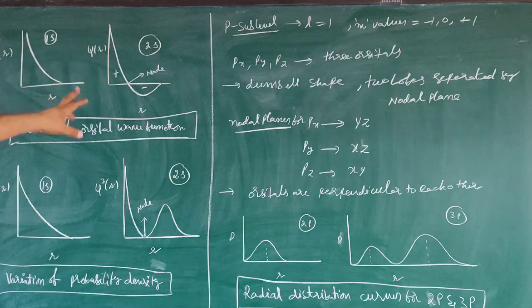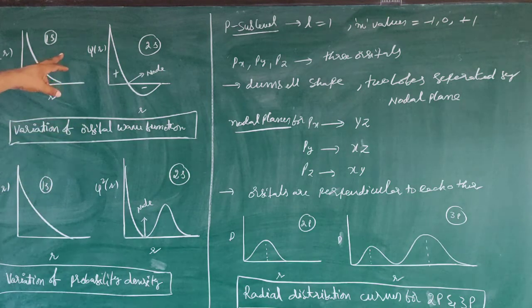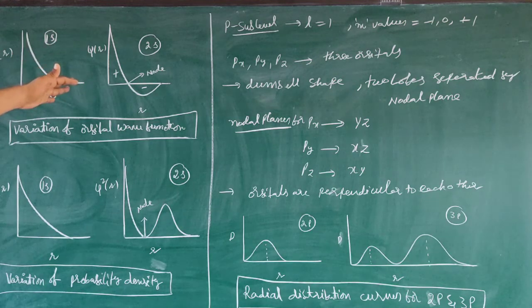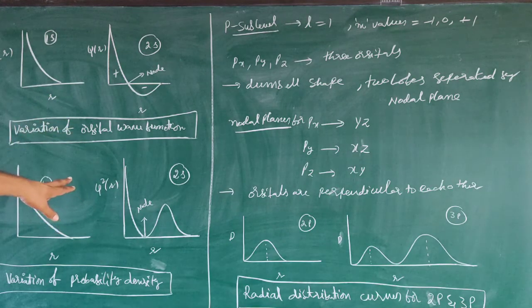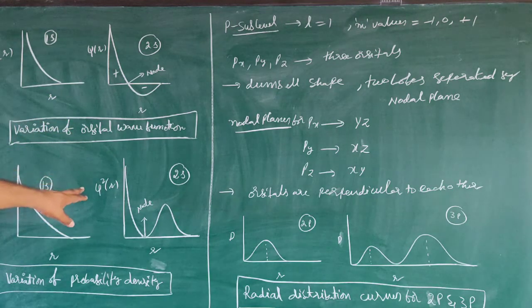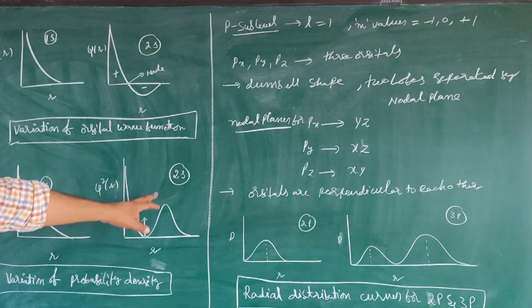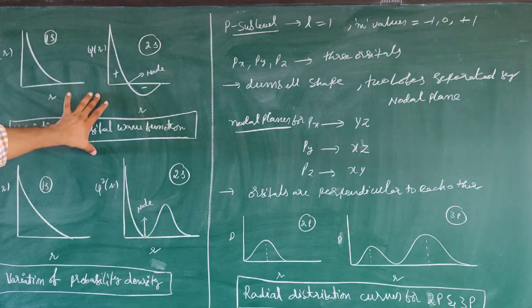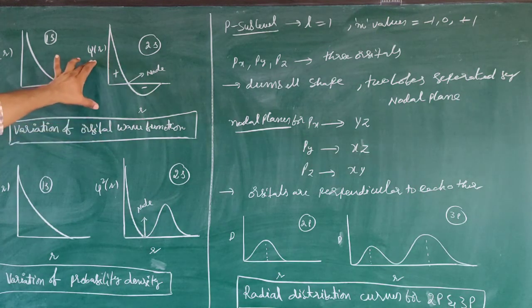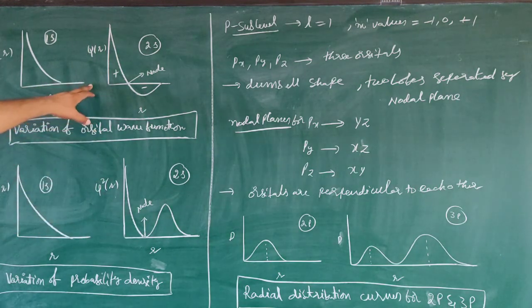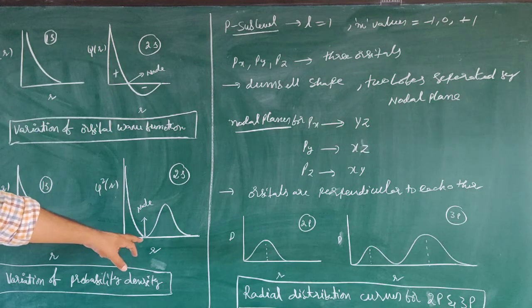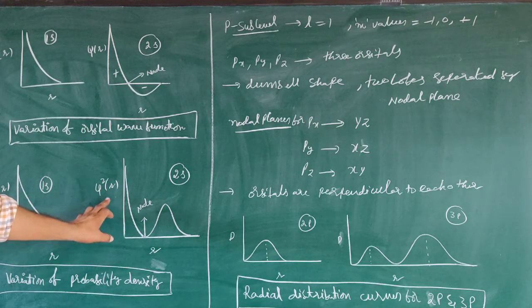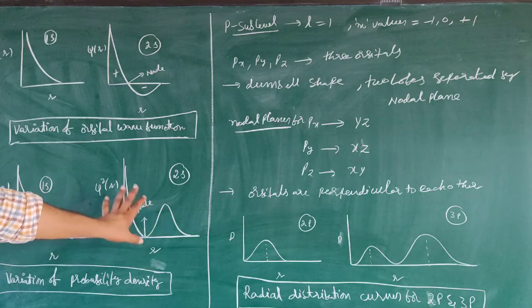But in the case of the 2s orbital, there may be some difference, because this is psi. Already we discussed psi amplitude may be positive or negative, but psi square is always positive. So if it becomes positive, again the curve will be like this. So this is related to the 2s orbital. Once again observe, this is only psi, this is psi square. Regarding psi, it may be positive or negative, but this point represents a node. Here also this point represents a node. But this is psi square, so there is no chance to become negative in this case.